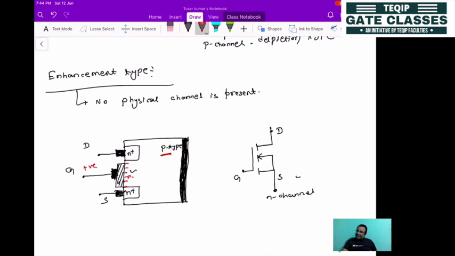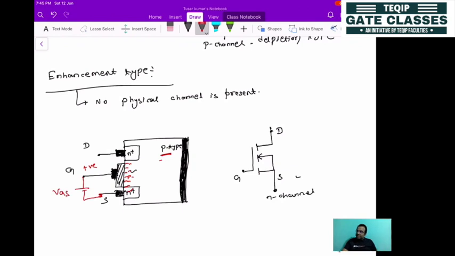Then if you go on increasing the voltage, this layer will keep increasing. But if you apply a negative voltage, it will attract all the holes, which will be accumulated here. That will not serve our purpose, because the drain and source are both N type material. If you make this region full of electrons, then conduction will happen. For that purpose, the gate voltage should be positive. So here you apply a positive voltage, that is the gate to source voltage,